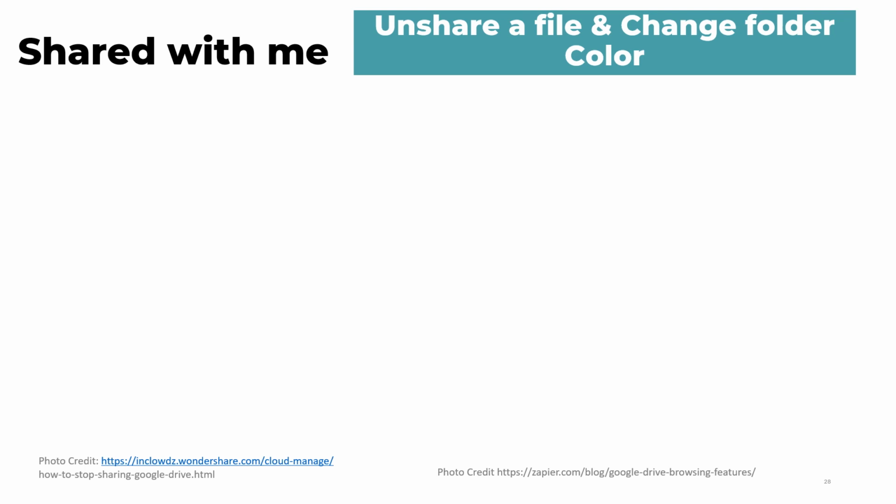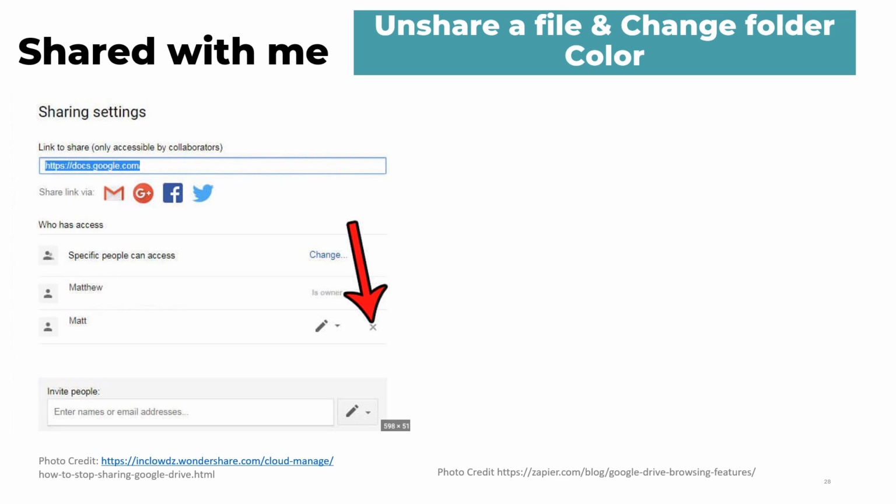In the event that you want to unshare a file or a folder, you're going to open the file or folder, click share, and find the person that you want to stop sharing with. To the right of their name, click the down arrow and click remove. Then you will save changes. Here we can see how there is an X next to Matt. If you click it, it will unshare it with Matt. This can be used to prevent Matt from having access to this file from this point forward.